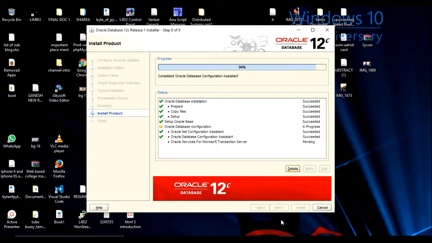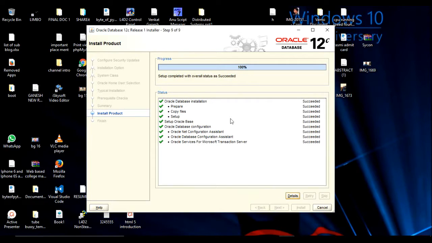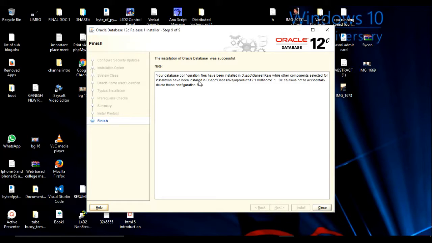Now it is still installing, 94% completed. So it is done. Your database configuration files have been installed, and the installation of Oracle Database was successful. Okay, then close.